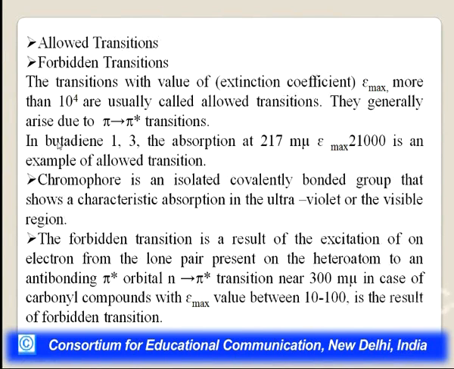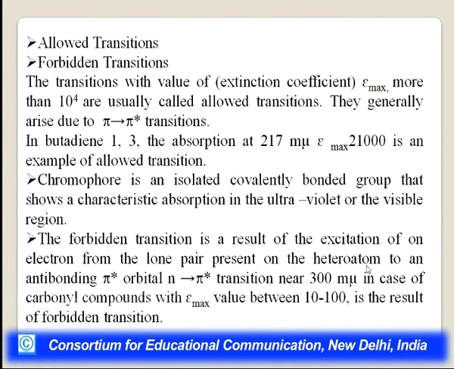For example, in 1,3-butadiene, the absorption at 217 millimicron has E maximum 21,000, which is an example of an allowed transition. A chromophore is an isolated covalently bonded group which is attached to another group and shows a characteristic absorption in the ultraviolet visible region. The forbidden transition is a result of excitation of an electron from the lone pair present on